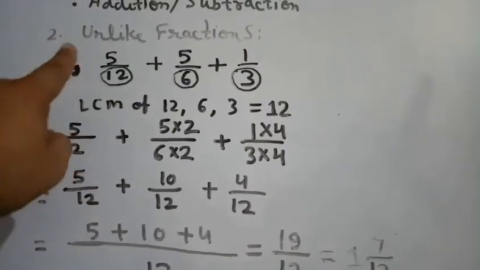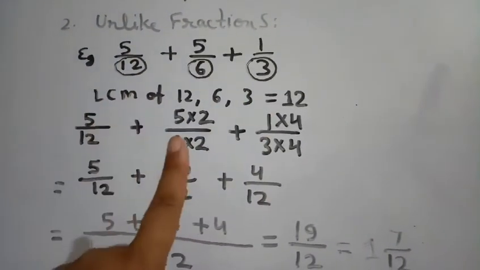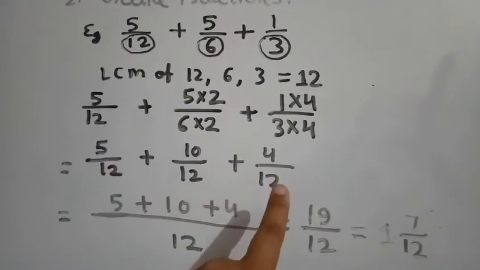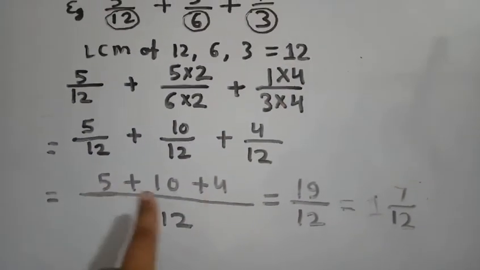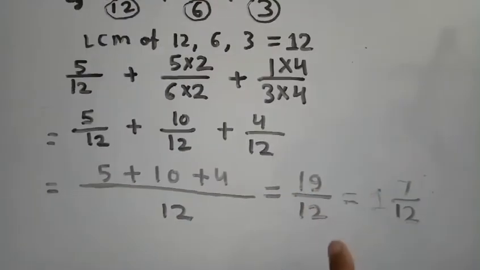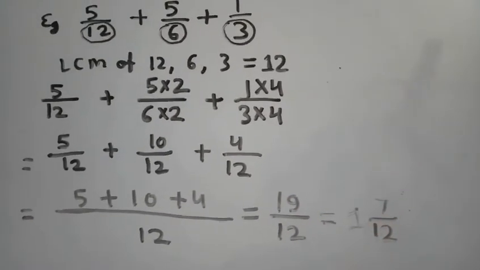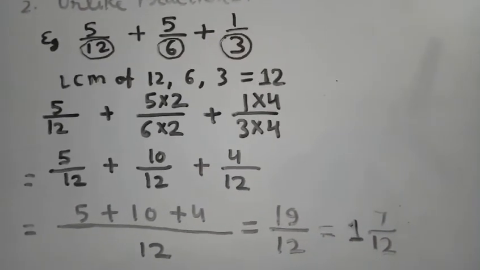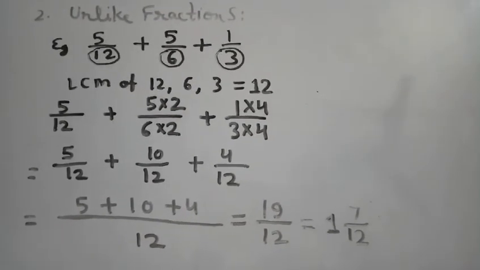The addition and subtraction of unlike fractions: when these fractions are unlike, first we need to convert all the fractions into like fractions by taking LCM, and at last add their numerator parts and convert. If the fraction is in the form of an improper fraction, convert it into a mixed fraction. And if the fraction is in proper form, convert it into its simplest form by taking HCF.